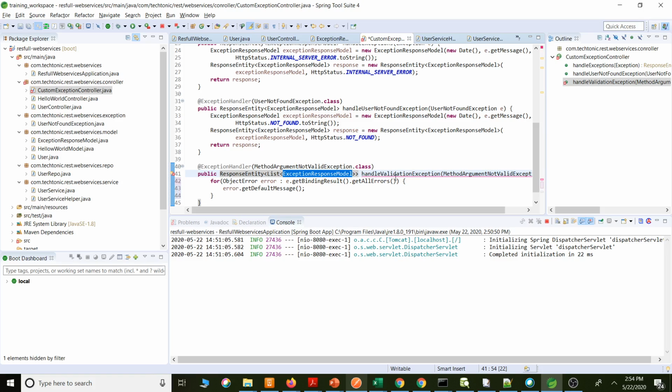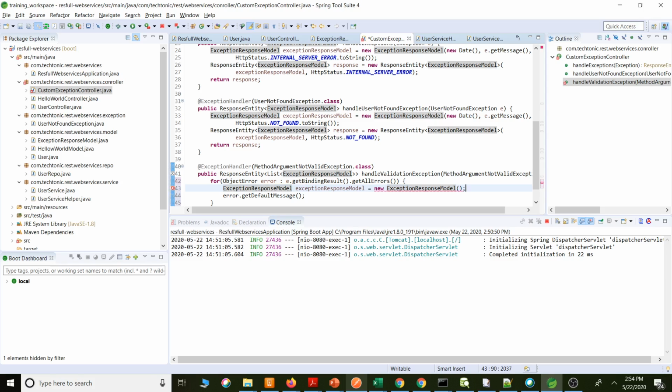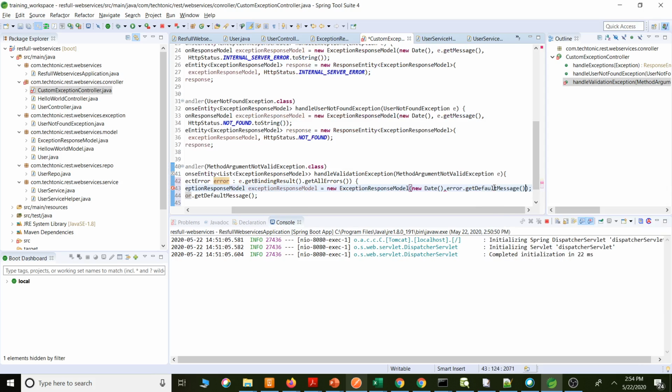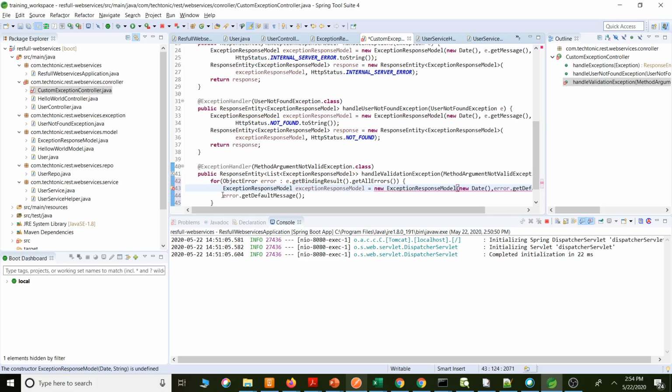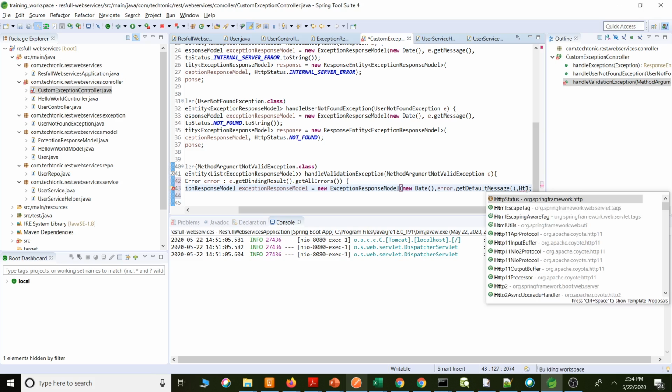Let me create one ExceptionResponseModel object: ExceptionResponseModel equals new ExceptionResponseModel. Pass the arguments. First argument is the date, new Date. Second argument is the message. Third argument is the HTTP status code, HttpStatus dot.